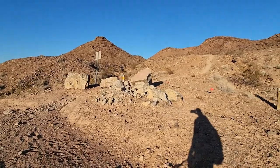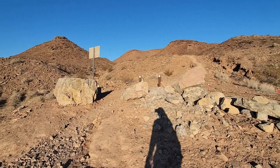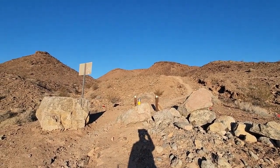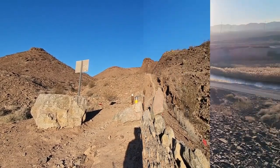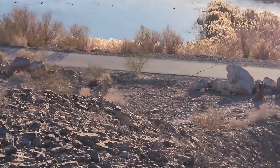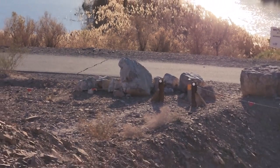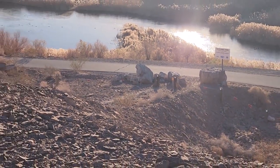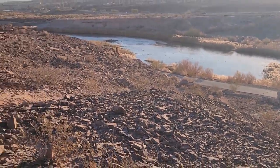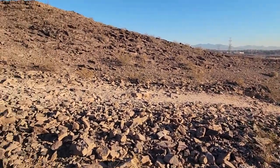Very soon there will be a split. There's a split off to the right. The main trail splits to the left. I'll show you where that is. But we're heading up onto the Ridgeline now. Okay, there's the trailhead down there, on that asphalt pathway. And then here it begins to ascend the ridgeline,